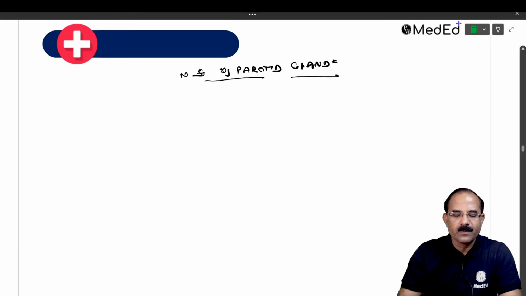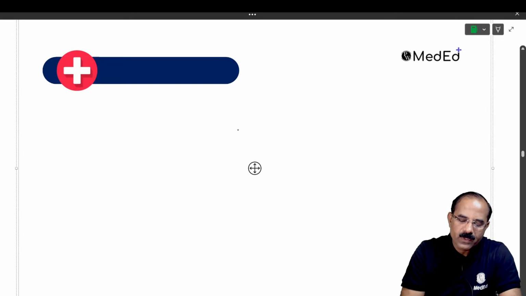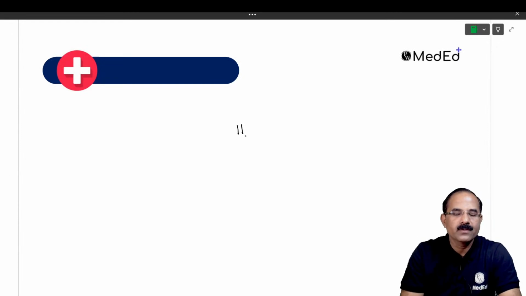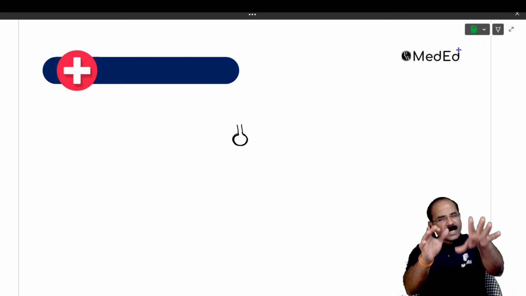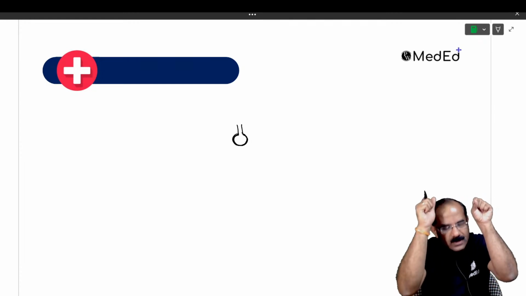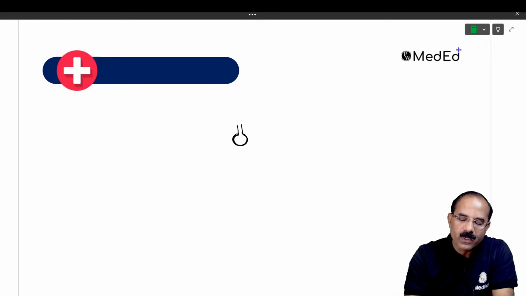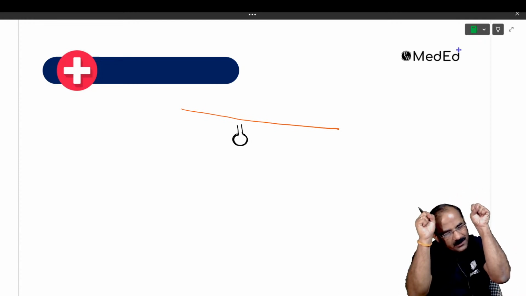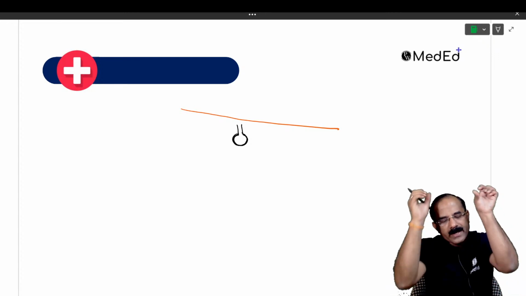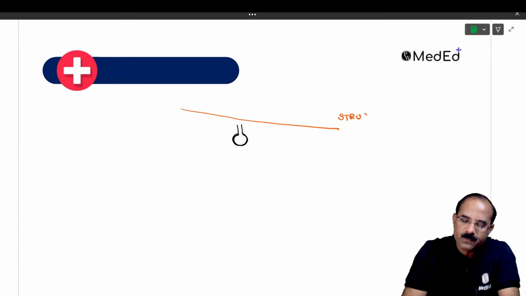Okay, before that, I'll come to the ganglions. One minute, I'll just tell you about the ganglions, then this will be clear. Now, see, this is how a ganglion looks. This ganglion cannot just lie like this. There has to be someone who is going to suspend the ganglion. The ganglion is hanging from a nerve. It is just supporting the ganglion, nothing else, and this is what we call a structural relation.